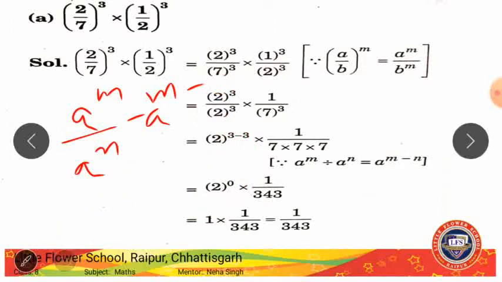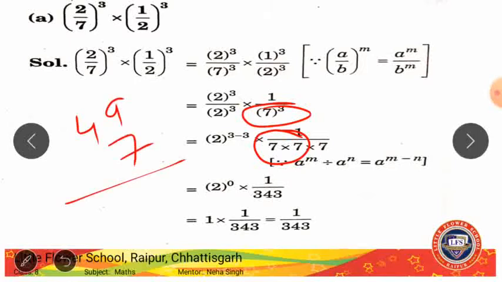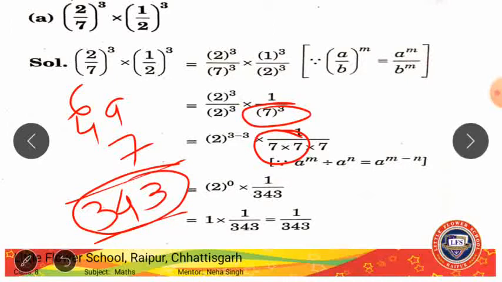Now coming to this 7. Now 7 is a cube. 7 is having cube means 7 will be multiplied 3 times. Right? 7 into 7 is 49. 49 into again a 7 will be multiplied. 7 9s are 63. Right? 7 4s are 28 and 6, 34. Right? So what is the answer? 34, and this is in the denominator, that is the answer is 1 upon 34.